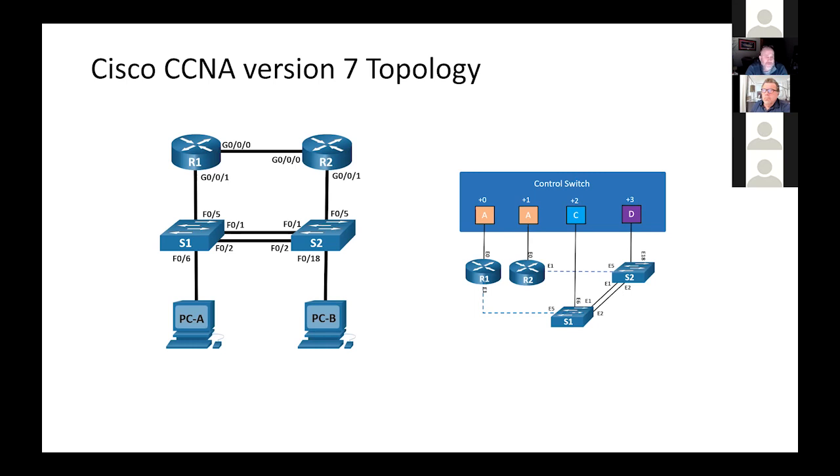Now, the first release from NDG supports this specific pod with the current recommended equipment. So if you were to start using NetLab with the latest pod, you would need the 2 routers and 2 switches recommended by the Cisco team for the Cisco Networking Academy, and it would look exactly like this in the pod. Now, all 3 lab libraries, CCNA 1, 2, and 3, will be supported by this pod design.